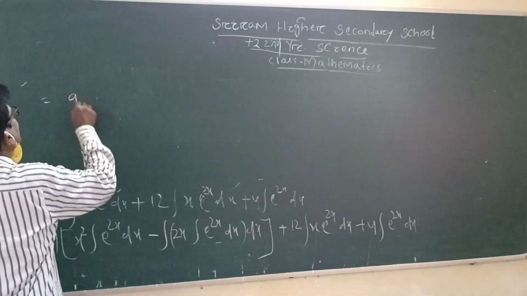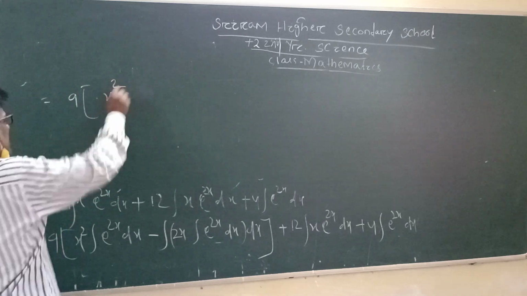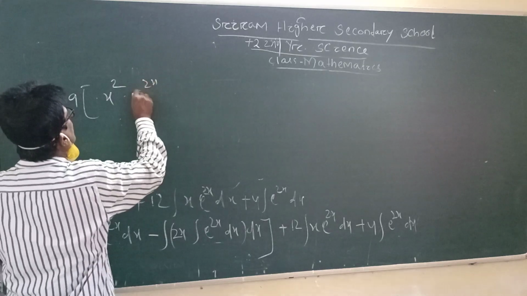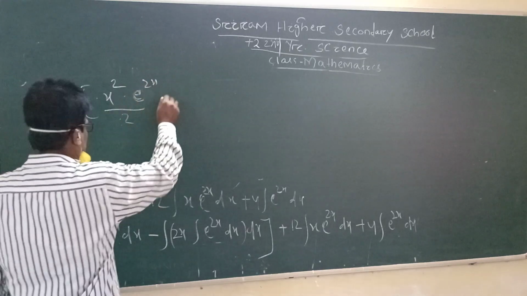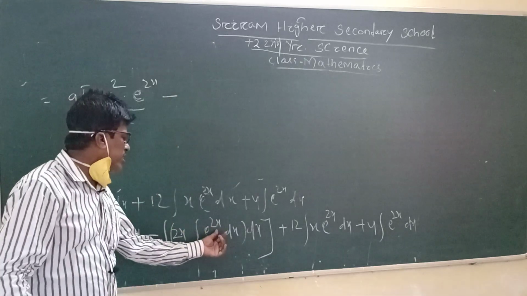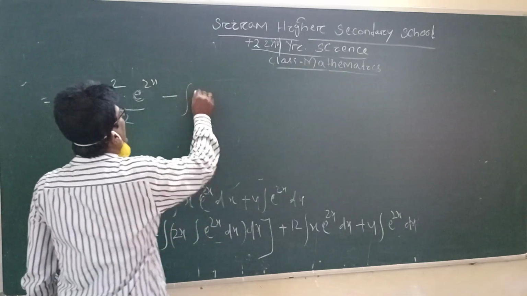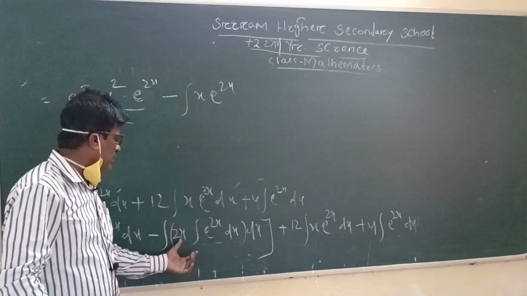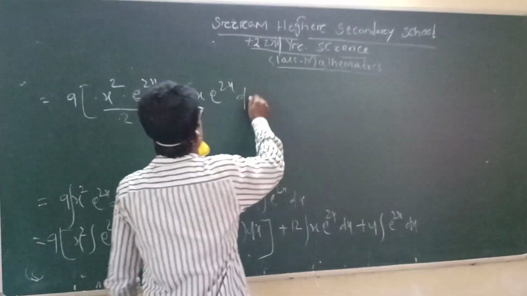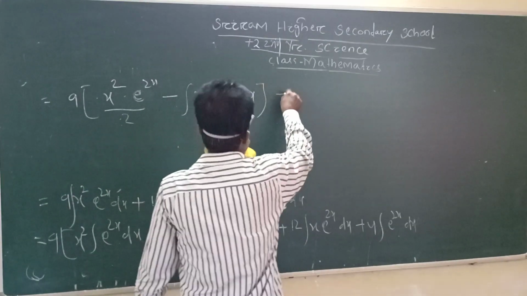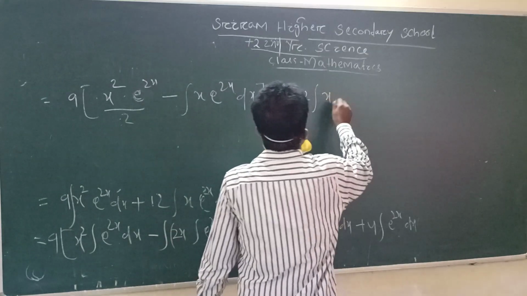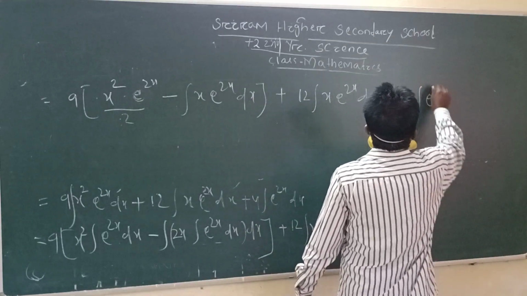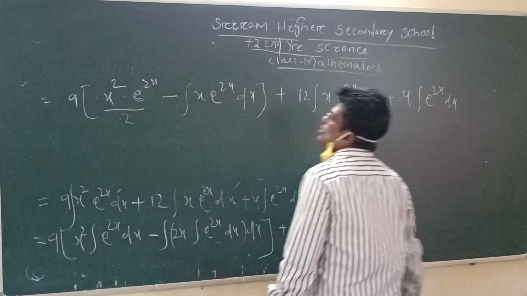You look 9 x square, the integration of e to 2x is equal to e to 2x by 2, e to 2x by 2 minus integration of e to 2x by 2, 2 cancel, that is x e to 2x. You look, integration of e to 2x by 2, 2 cancel is x e to 2x dx plus 12 x e to 2x dx plus 4 e to 2x dx. You look,